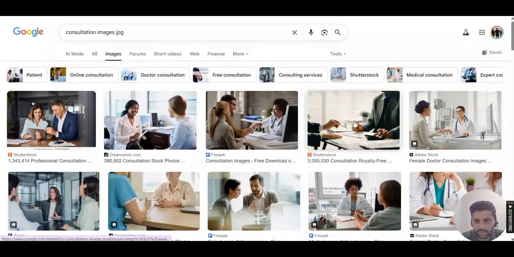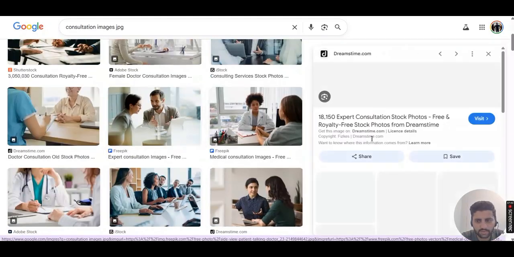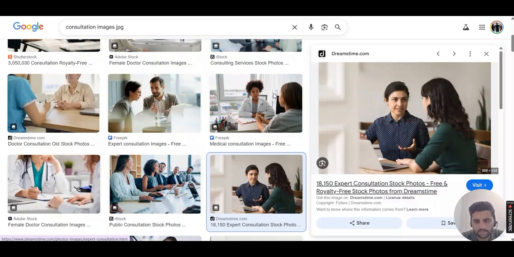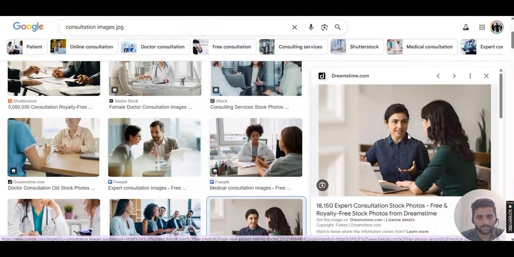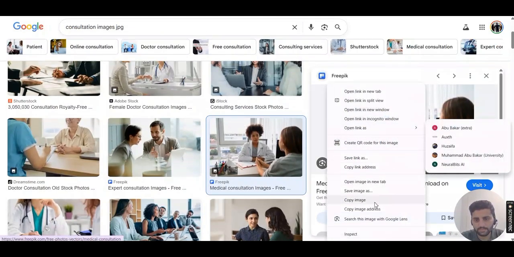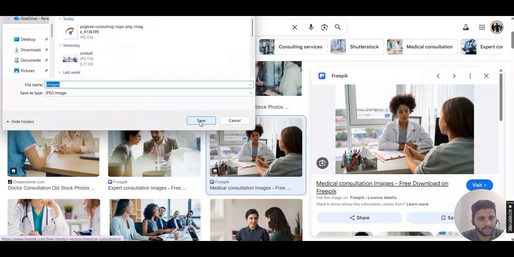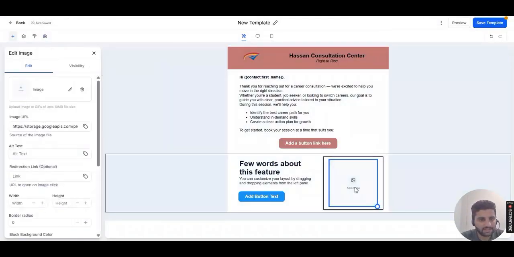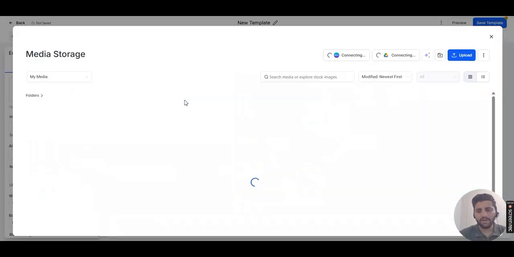Okay, let's choose this one. Okay, finally. Now let's move back and click on it, and then edit image from here, upload from media library,